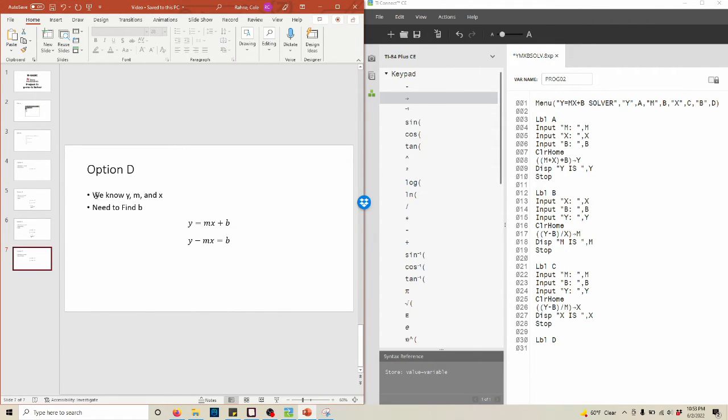Alright, option D. That means we know y, m, and x, and we need to find b, the intercept. So this one's relatively simple compared to the last two. You subtract over m and x, and then you're done. So that code would just be inputting y, no spaces, that will break your program, m, x,